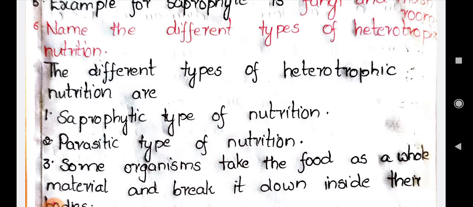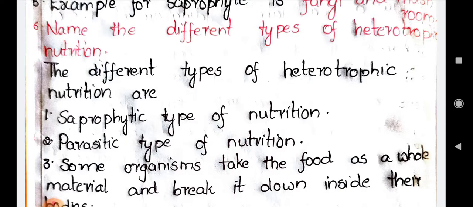Autotrophic nutrition means the process by which organisms prepare their own food material using carbon dioxide, sunlight and chlorophyll. This is called autotrophic nutrition. If we do not have chlorophyll, obviously we are not autotrophs. So as we do not have chlorophyll, even human beings, and other animals all come under the heterotrophs. Some microorganisms also come under the heterotrophs.